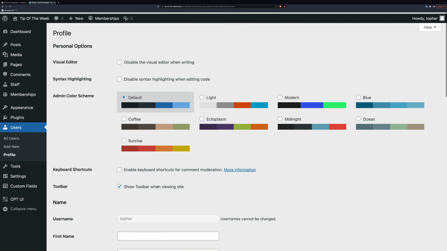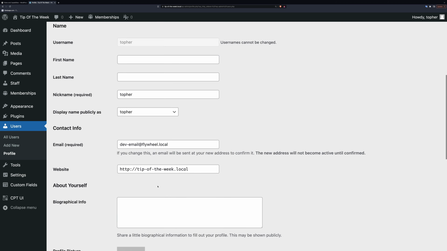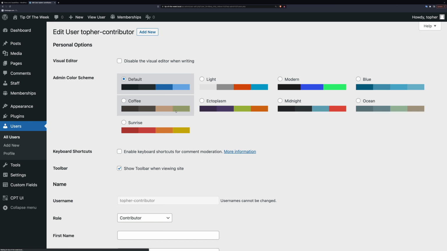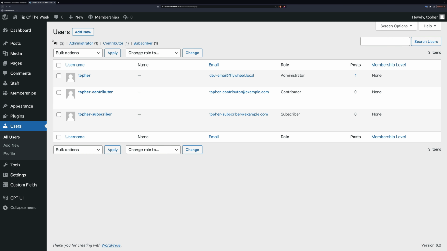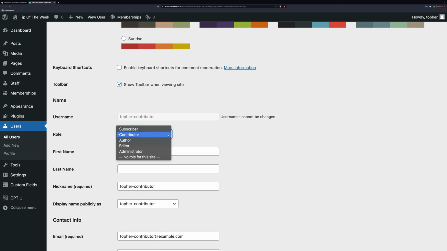Oh, where is it? Try this. There we go. Also, if you edit someone other than yourself, you can see their role. And if you are an administrator, you can change their role.